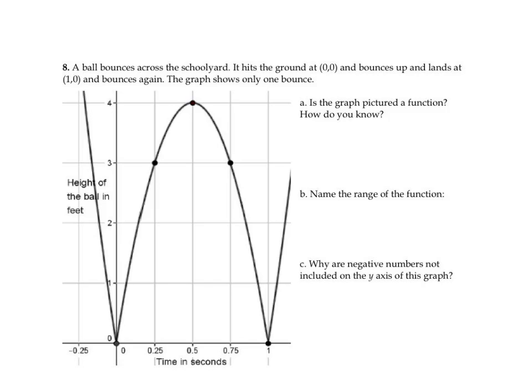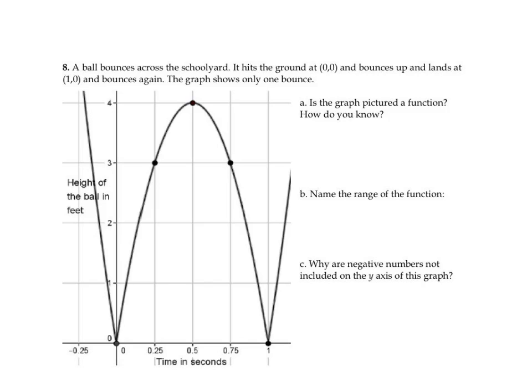So part A tells us, is the graph pictured a function? How do you know? So what we learned was that a graph shows a function when each x value hits only one y value exactly once. And a way to test this is the vertical line test. So on this